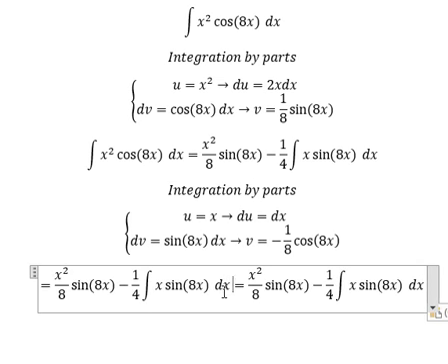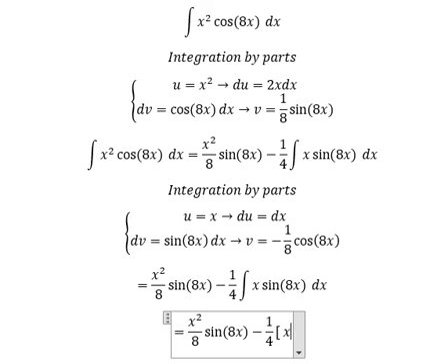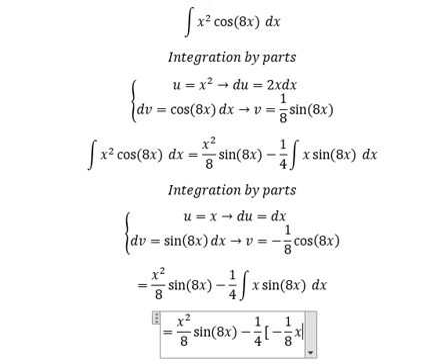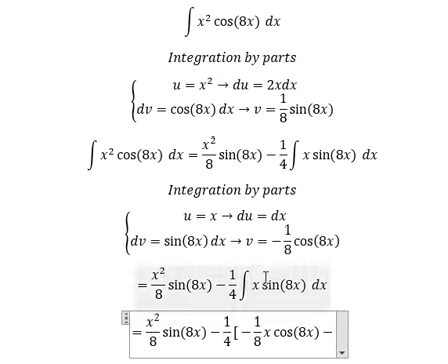So for this one, we have u multiplied by v, and that's negative 1 over 8 s cosine 8s minus we have the